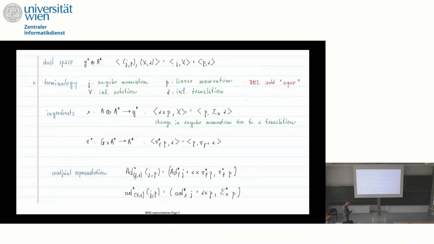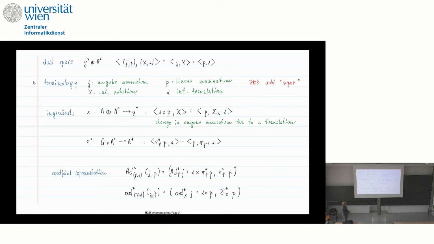And then, because for all these group theoretical things, you always need the dual space, because, as we will see, it's an important part of the construction. So if you need the dual space, you have to have a dual element to the non-abelian generators, which in general I will call angular momentum. And you have to have a dual space for the translations, which in this case, taking the notation from the Euclidean group, is linear momentum.